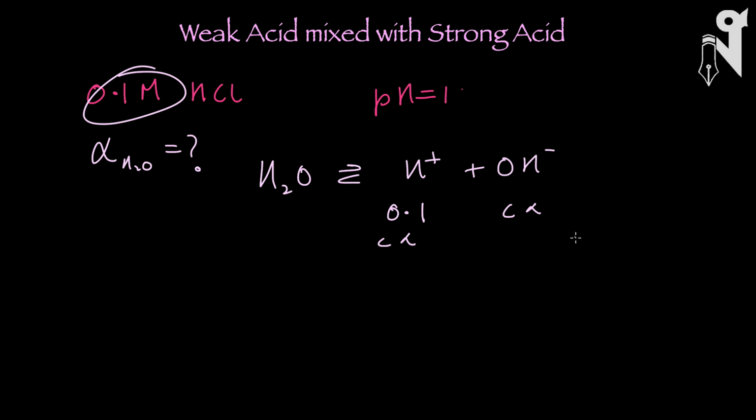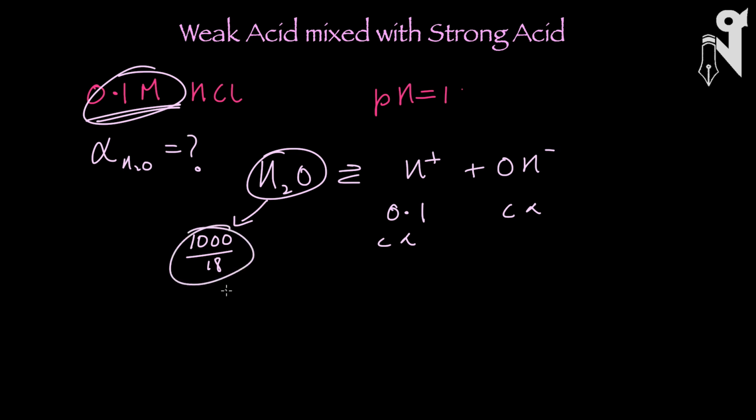So if you have 0.1 molar HCl, the weight of water would be almost 1000 grams, because it would be almost 1 liter of it. So the number of moles would be so many, and that's the C value, and hence you can get your alpha, the degree of dissociation of water itself. So same concept as this one, but it looks like a very cryptic question.